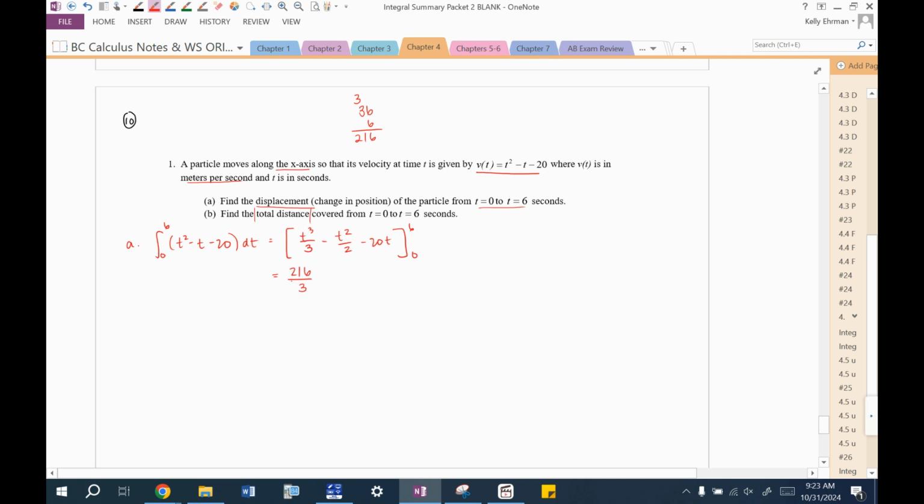Is that divisible? Yes, because if I add these digits, 2 plus 1 plus 6 is 9, so that is divisible by 3. That's 72, right? Okay, so 72. 36 over 2 is 18, so minus 18, minus 120. And then when I plug in zeros, I'm going to get minus 0. So let's see, what is this? 72 minus 18, that's 62. And then minus 8 is